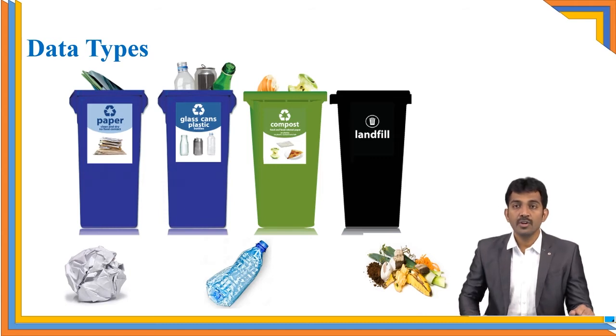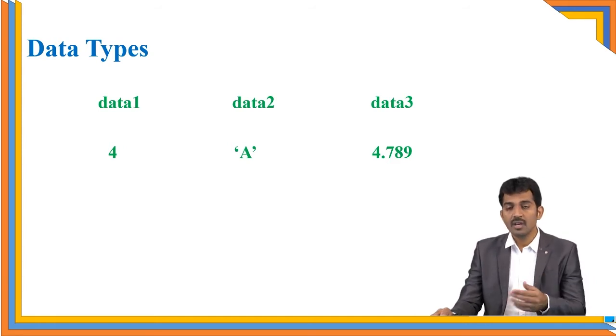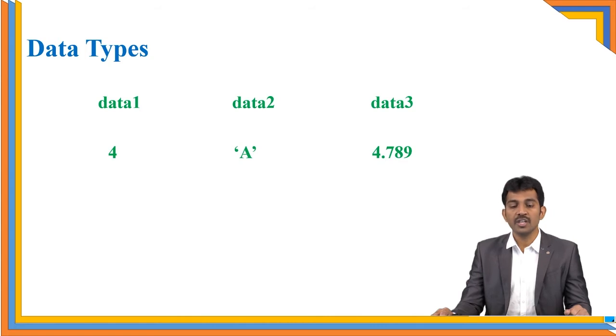Like that, for example, if you have three data items, all the variables are identifiers. In the last class, we have seen the definition of the identifier. Data one is suited for which value? Data one is able to store an integer, character, or float value. Which one is it going to store, and likewise data two? To represent which kind of variable relates to which type of data, we use the data type.